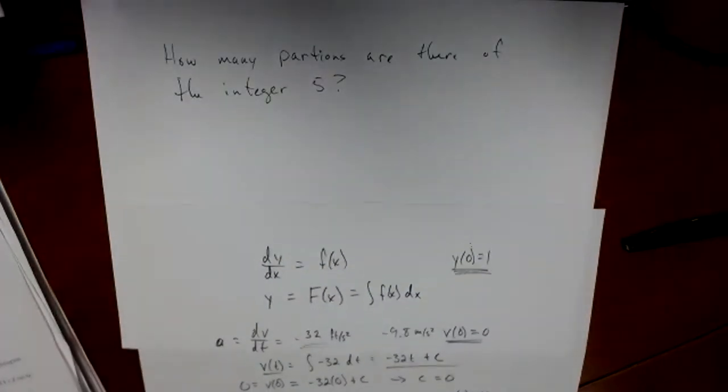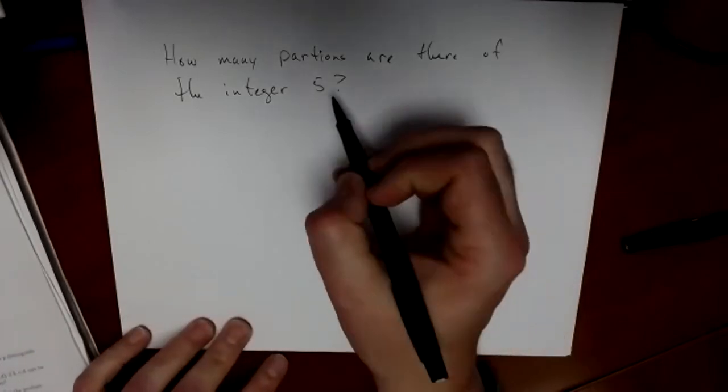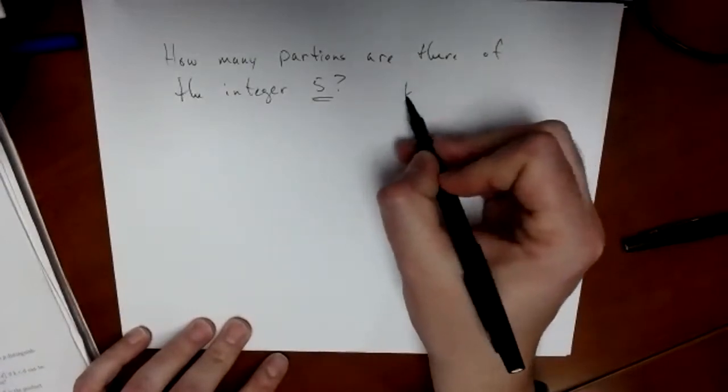We're actually going to answer the question, at least partially, how many partitions there are of any integer. So 5 is going to be our k, and we're going to look for a k in some